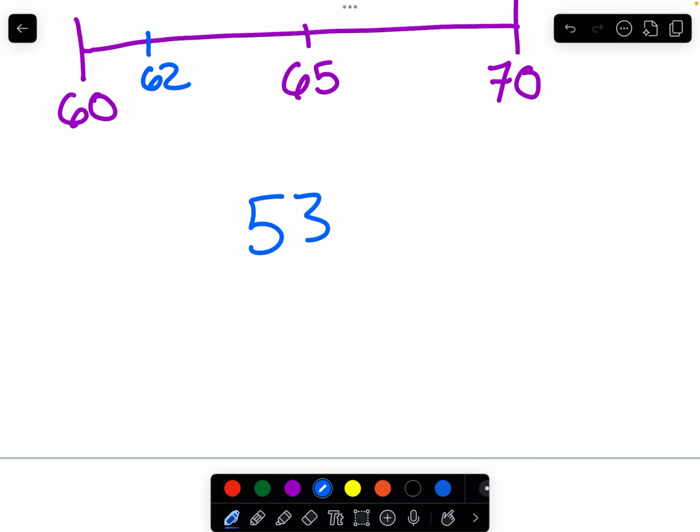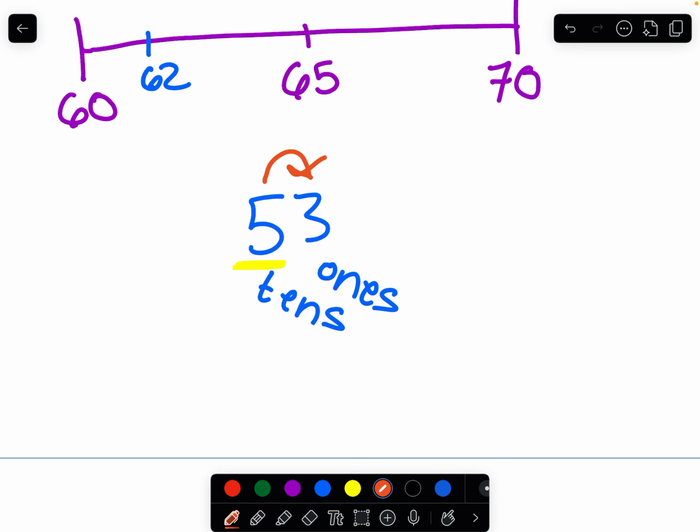The first thing you're going to do is identify the place value, the 10 place value. In 53, the place value of the tens place is 5. And if it helps to write out the place value, for sure do that. We've got the 3 in the ones place and the 5 in the tens place. So now we have 5 in the tens place, and the next thing we're going to do is look next door to the right. So we look to the number to the right, to the next place value down,